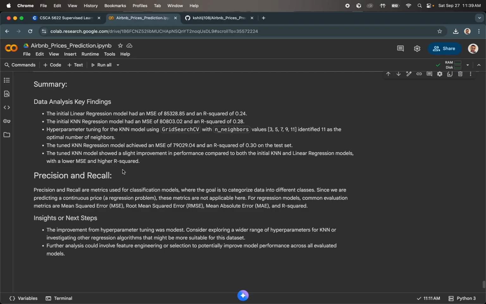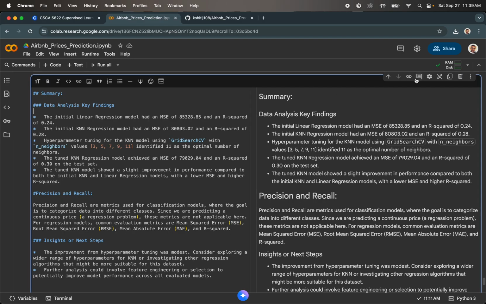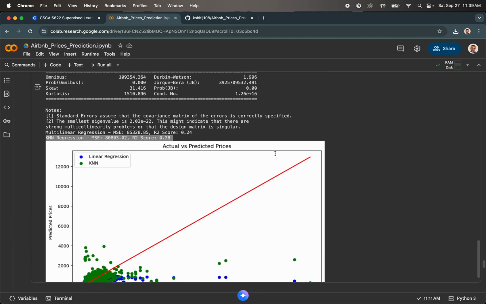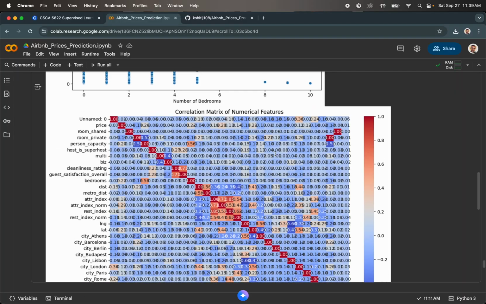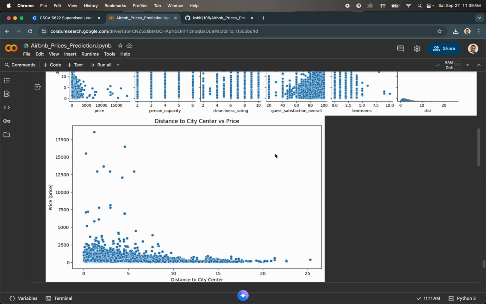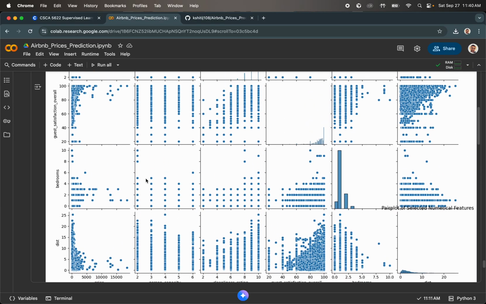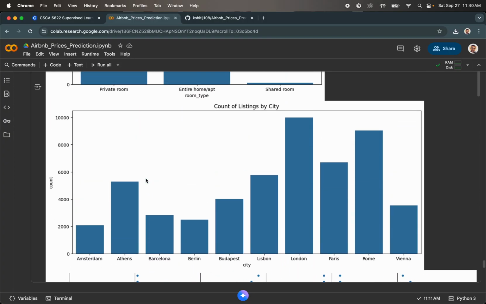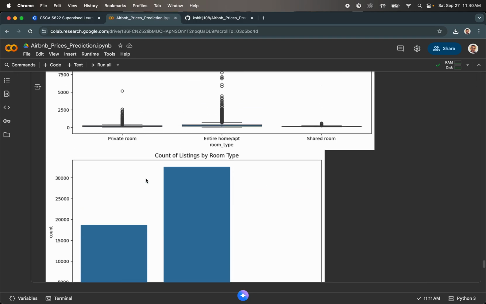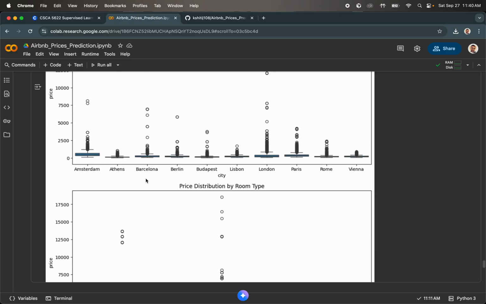So basically, this shows that with the linear regression, our data is performing at a moderate level, and with the KNN model, our data performs a little bit better in terms of the pricing that we can see. So these are the different correlation metrics. We can see here the number of bedrooms versus the price, and distance to the city center, and how our data is performing. Also displaying the count of listings by city. So these are the different charts that I was trying to plot to visualize the data that we have available